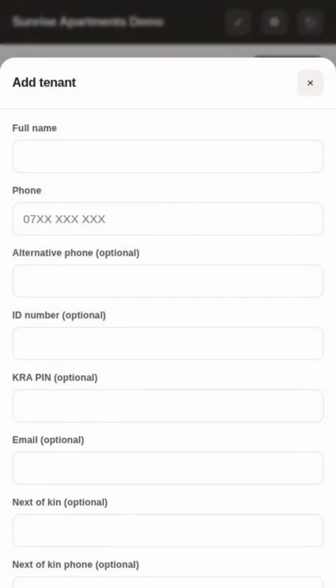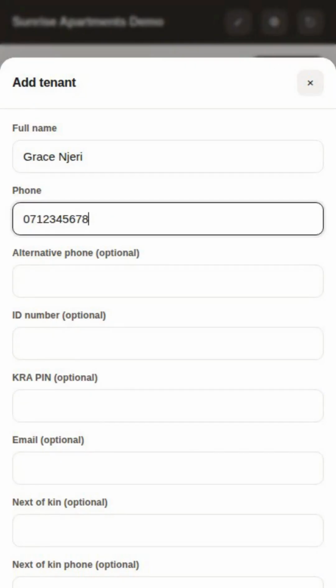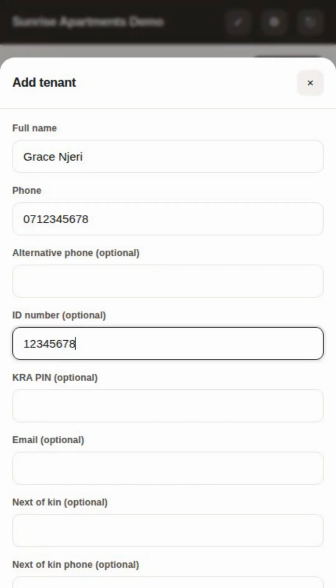Here, we just need the basics, a full name and a phone number. We'll enter Grace and Jerry and her number 0712-345-678. It's also worth entering her ID number here if you have it. This isn't just for your records. The first 4 digits of it automatically become her portal password, so she can log in anytime to check her balance. We'll enter